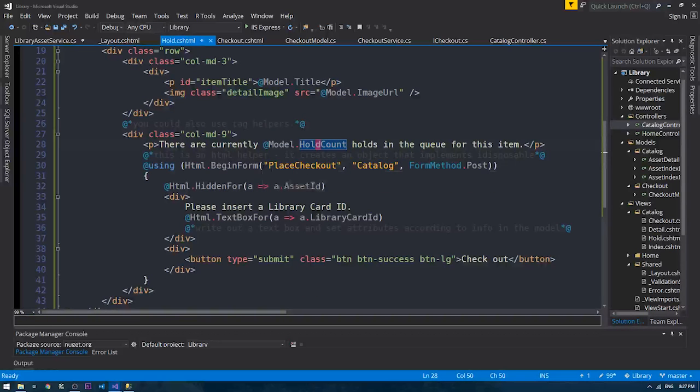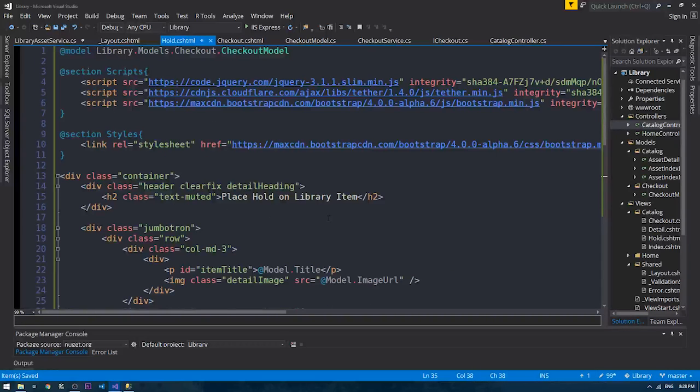And then of course, instead of the PlaceCheckout method, we want to hit the PlaceHold method, which is still on our catalog controller and is still defined as an HttpPost method. And we pass it all the same information, except that instead of placing a checkout, we place a hold. So we'll make the button say place hold. And instead of a button success Bootstrap class, we'll say button info. And yeah, so that's looking pretty good, I think. So let's go ahead and fire it up and see if things are working